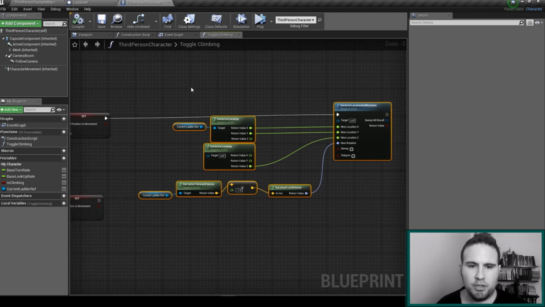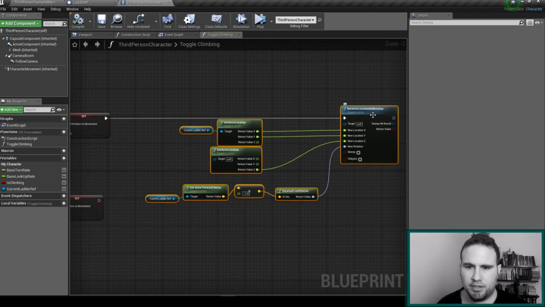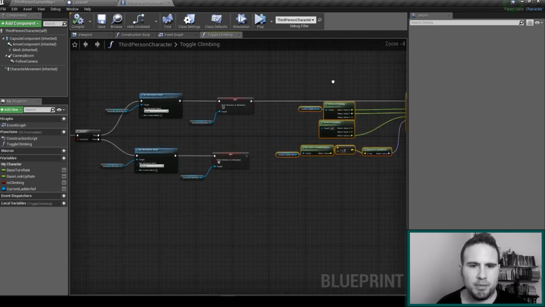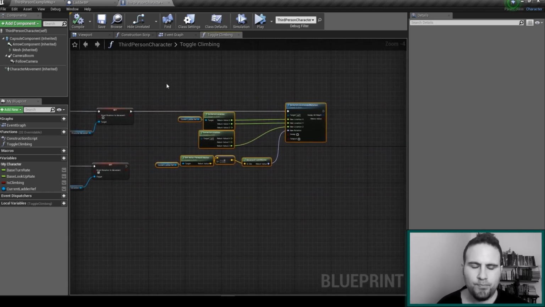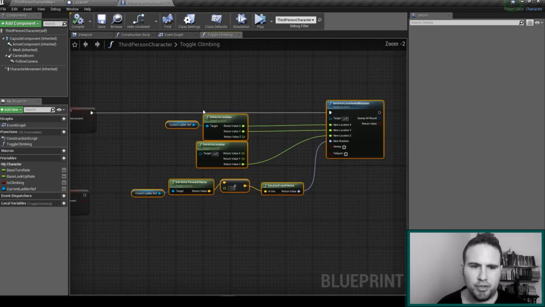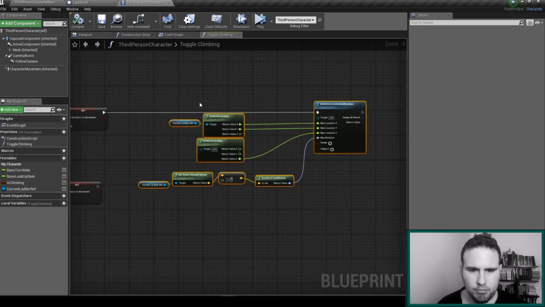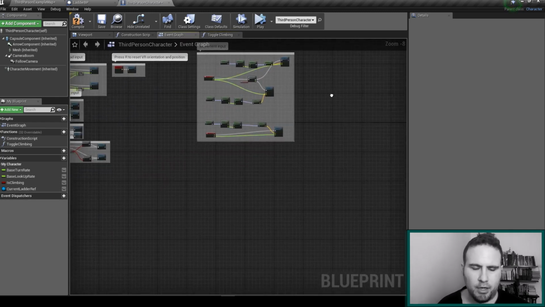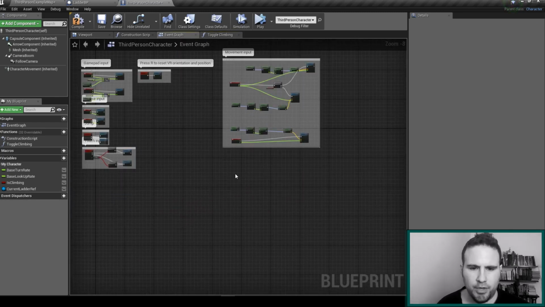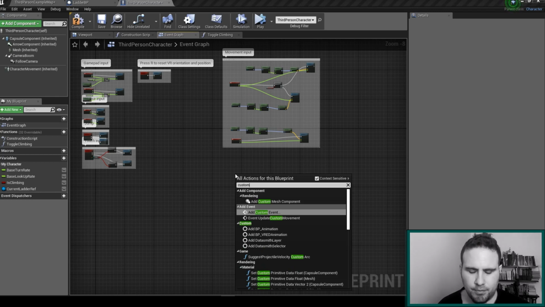So in order to do that, I can use a timeline to animate this node. The problem is I'm inside my function, and functions unfortunately cannot use timelines. So in order to do that, we need to create an event. So I'm going to just cut this out of here and go back to my event graph. Okay, we are getting out of our function, and I want to create here a new custom event. I right click and write custom event,